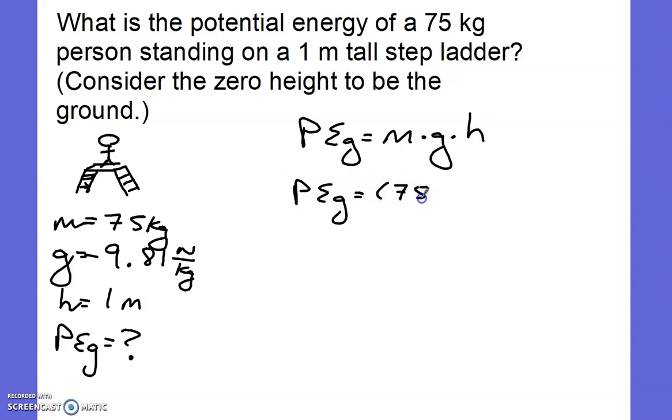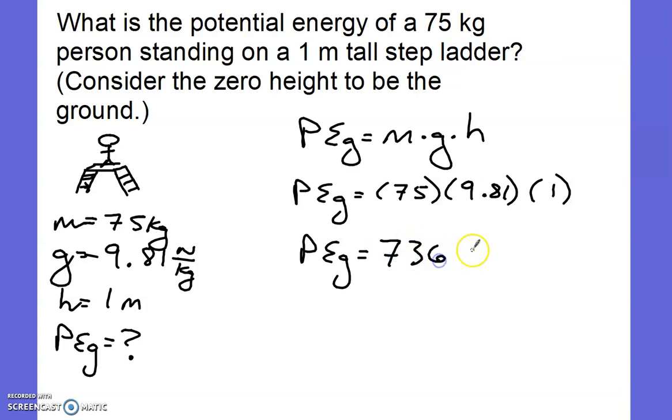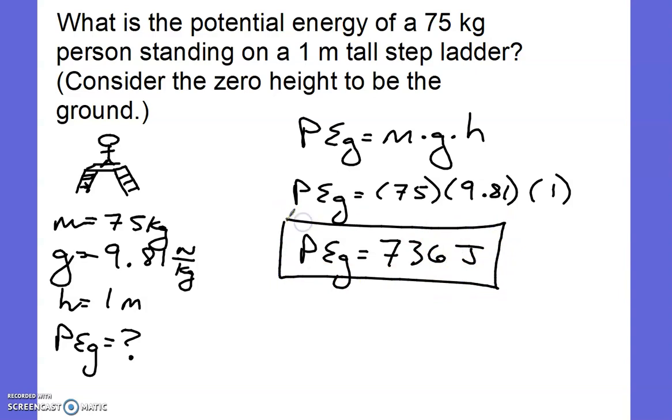Mass is 75 kilograms. g is always 9.81 newtons per kilogram, and our height is 1. We then solve for the gravitational potential energy, and we get 736 joules. So a normal person standing about a lab table or any table height, they have about 736